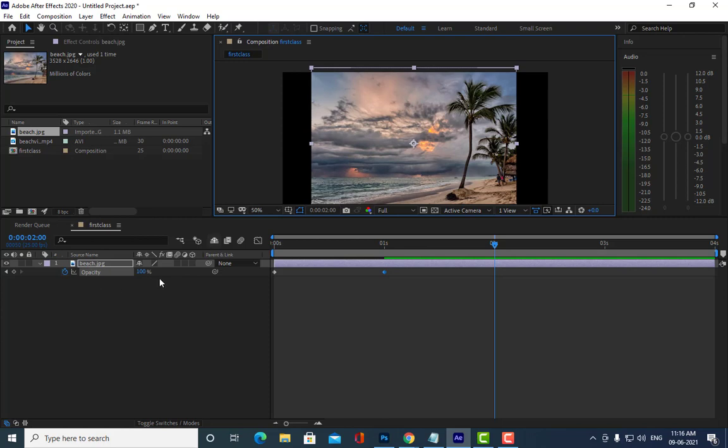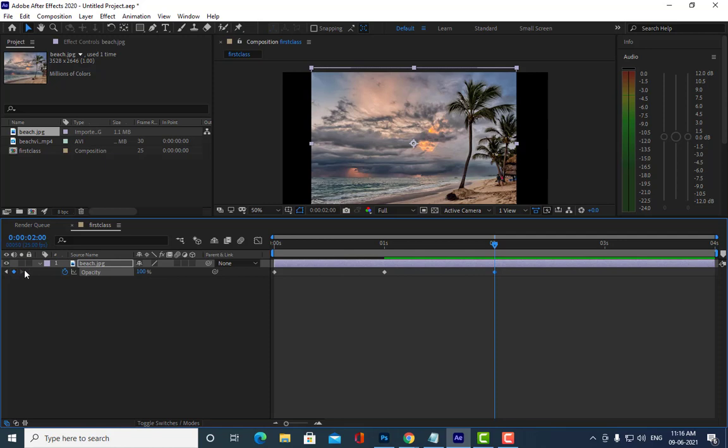For that we just have to create a key here. Are you able to understand? We are not animating here, just creating a key. See how to create a key. Can you see here? Add or remove key. And then from 2 seconds to 3 seconds we will bring down the opacity.